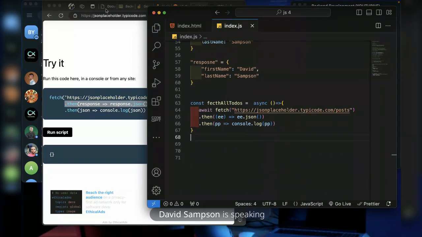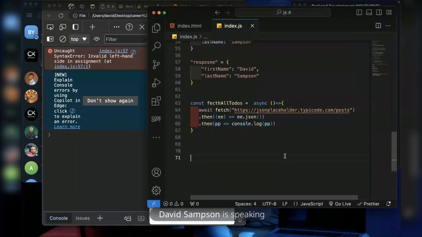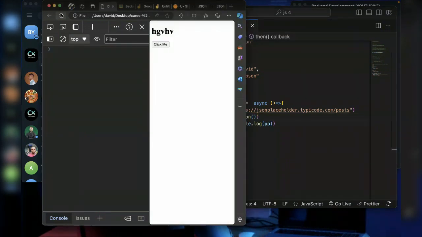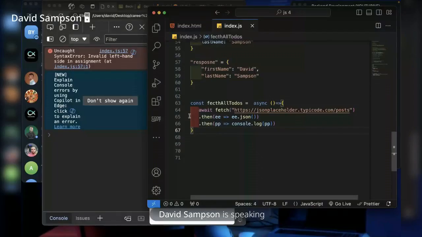So if I come back here and refresh, I have invalid left hand, which is okay. You see what at line 57. Where's my line 57? Here.